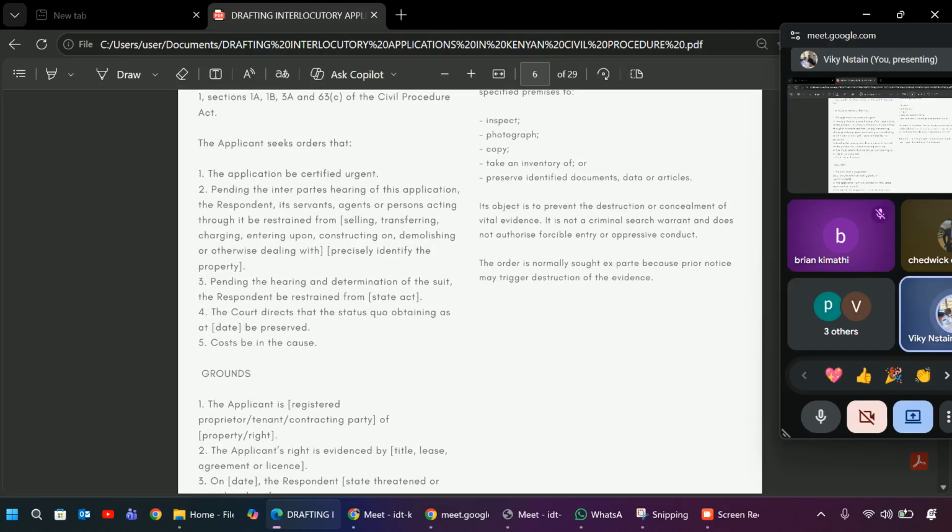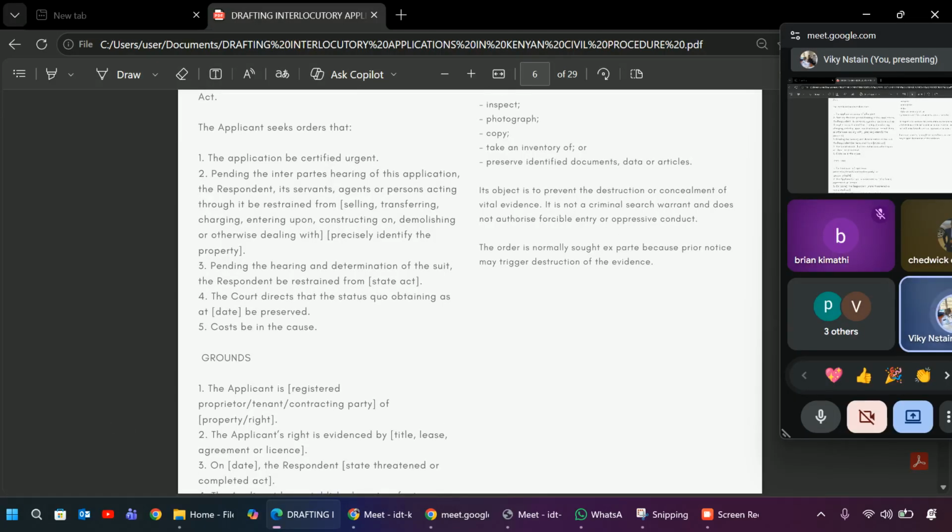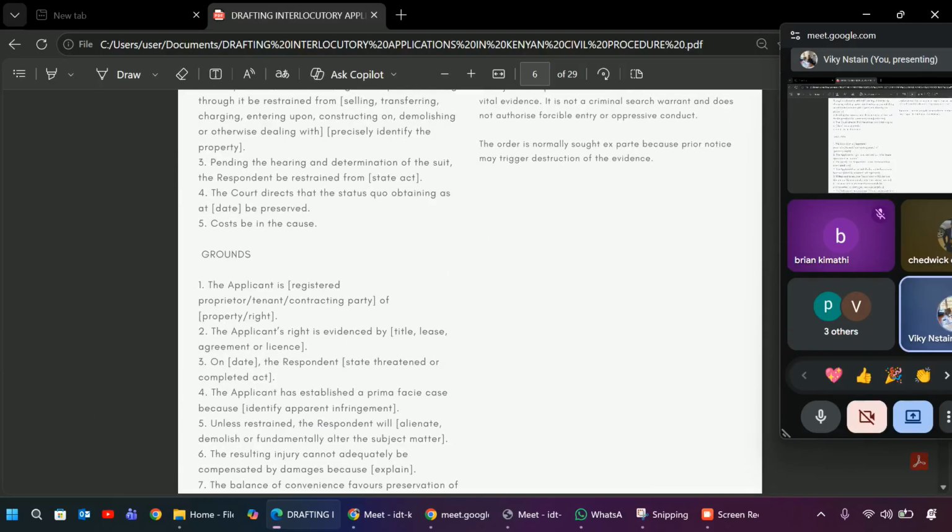Pending the hearing and termination of the suit, the respondent be restrained from doing a certain act, and the court directs that the status quo obtaining at this day be preserved and the cost be in the cause. Then the grounds,